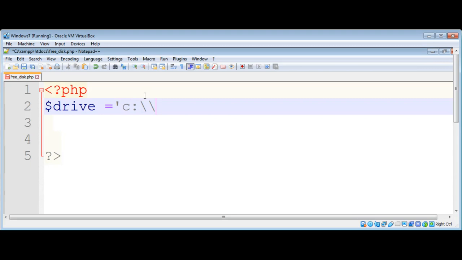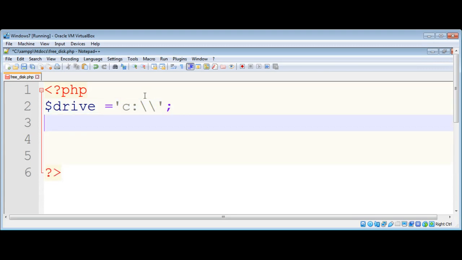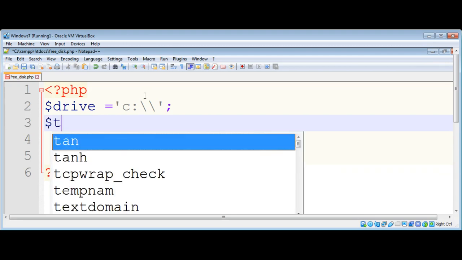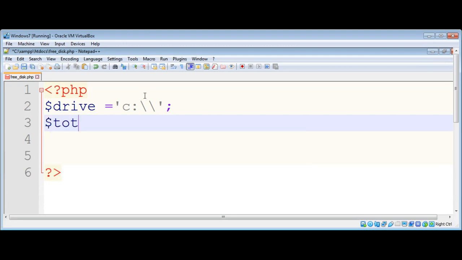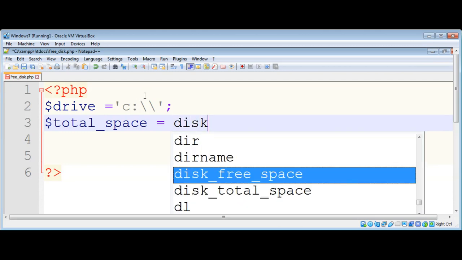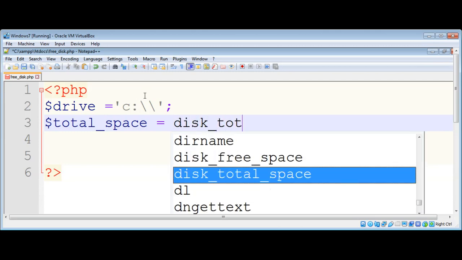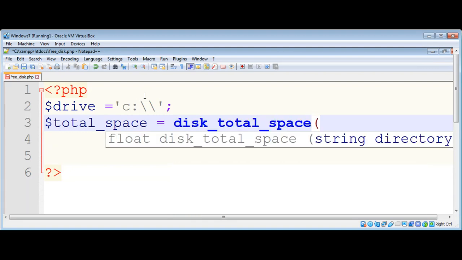I will use the C drive on Windows, and I will use a variable total space and call this total space function. Here I will pass the name of our drive,